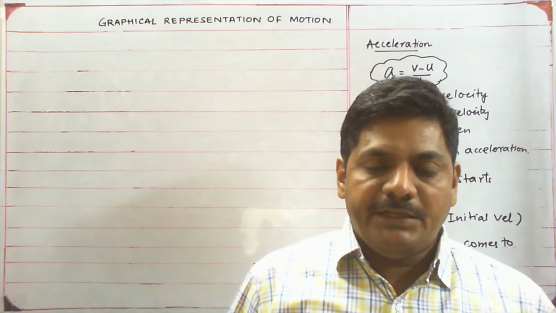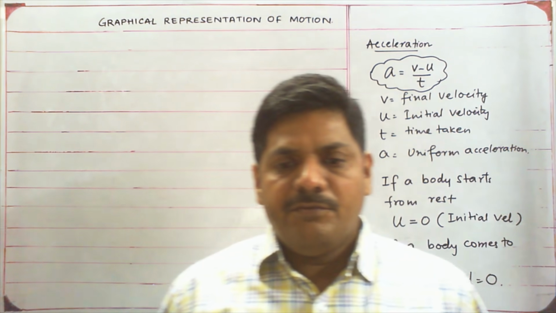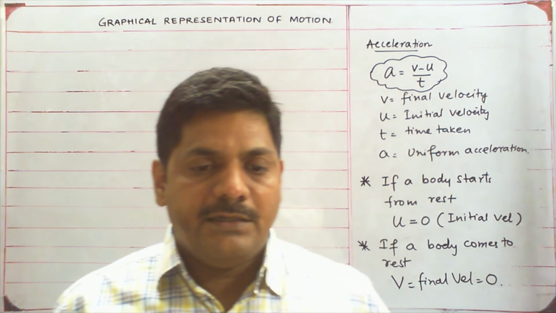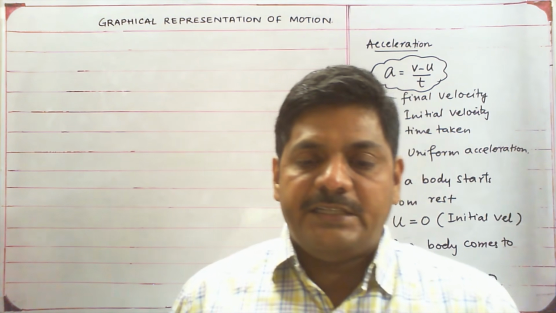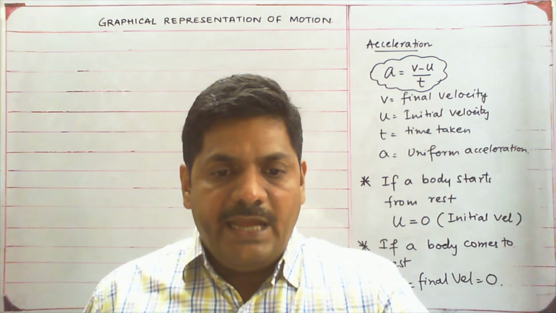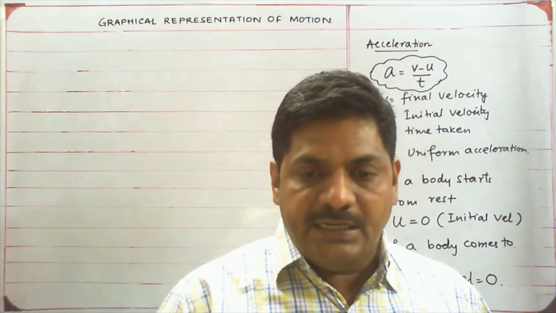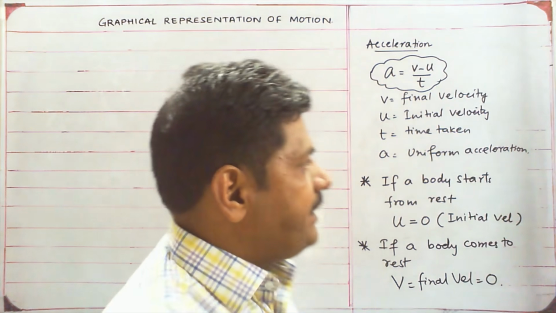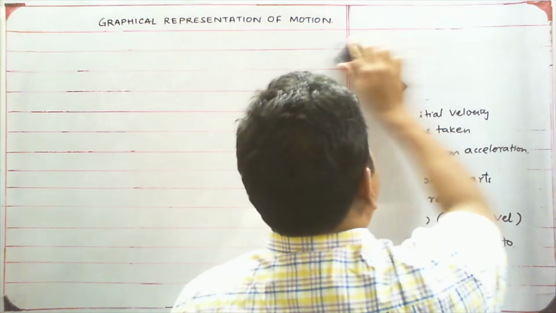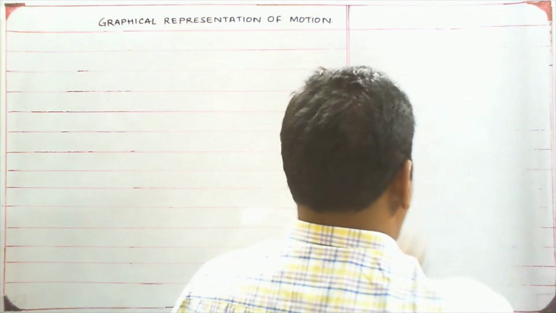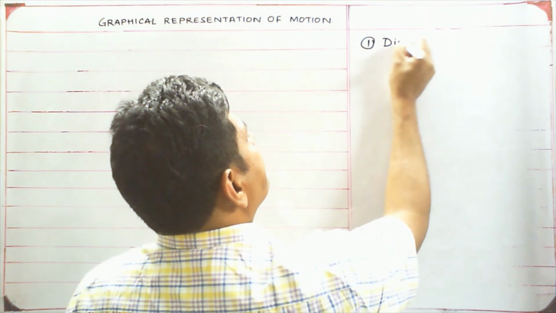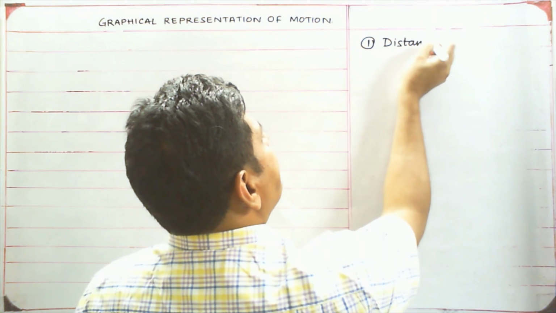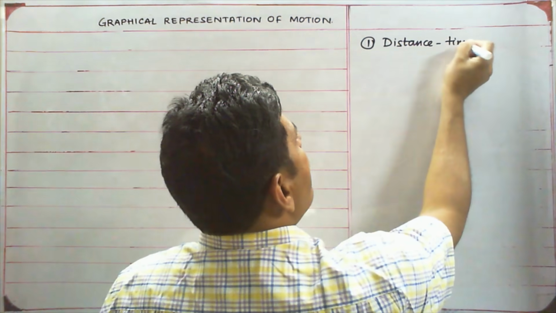So what are the given data here? You may have velocity, displacement, or acceleration. If you talk about the chapter, there are 3 different types of graphs. What are the 3 different types of graphs? The 3 graphs are distance time graphs,